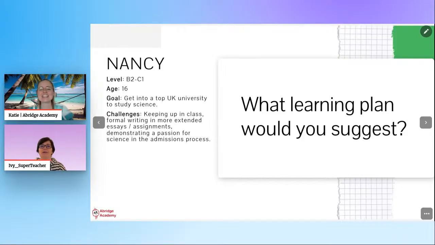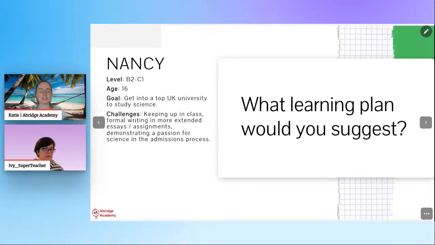Actually, that links into something I was going to mention a bit later on. When it comes to this idea of picking a niche and focusing in particular areas, we're talking about how targeting these more advanced students, you can charge more for your classes, you can really stand out by specializing. But it's key to specialize in something you are confident and passionate about and an expert in. Sometimes it's very tempting to be like, oh, look, everyone's paying loads of money for IELTS classes. Let's teach that, even though I don't know what the IELTS exam is. But pick things that you yourself have got that sort of background experience in.